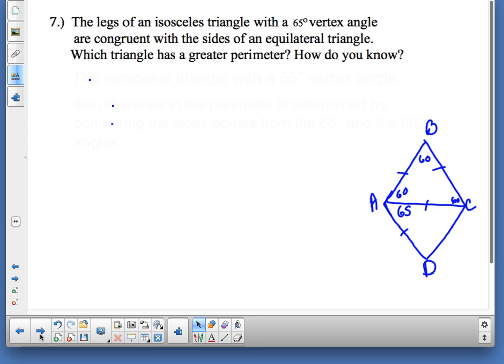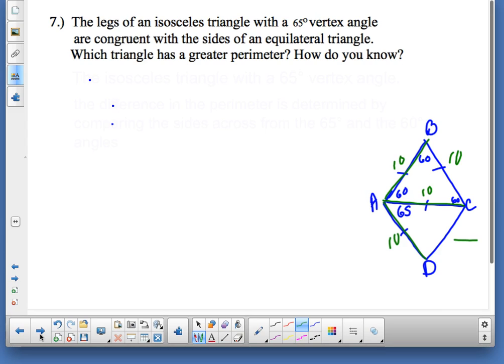Okay, I've got an equilateral triangle, all the angles inside are the same, therefore all the sides are the same. Connected to an isosceles triangle. I decided to connect them, I didn't have to, but I just decided to draw it connected. When I'm looking at this, I have these sides fixed. They're the same. Matter of fact, if I put numbers to them, say all of them are 10. So the thing that would make it different would be whatever this is, because if these are 10, these are 10, these are 10, this is 10. So I'm looking at ABC being 30.